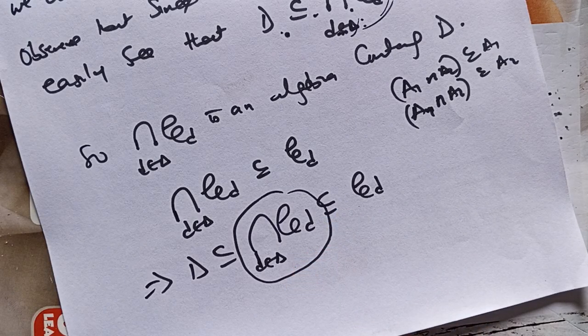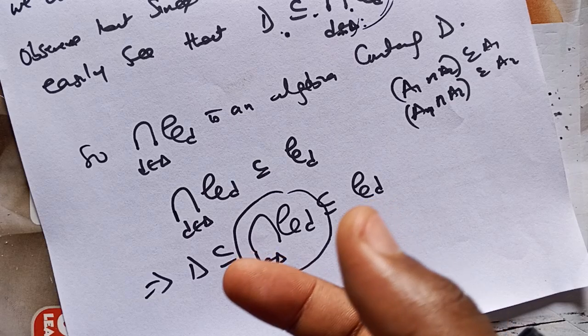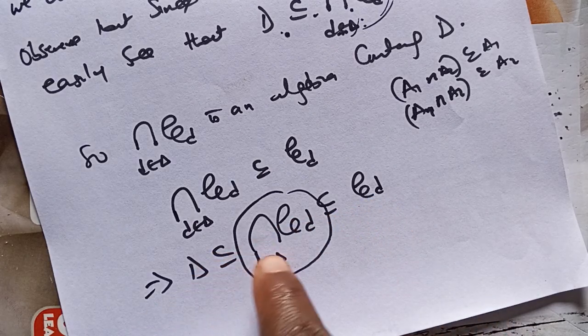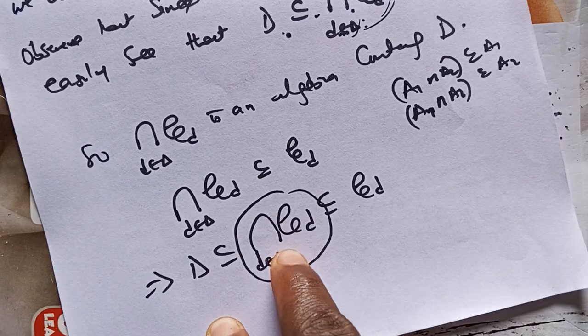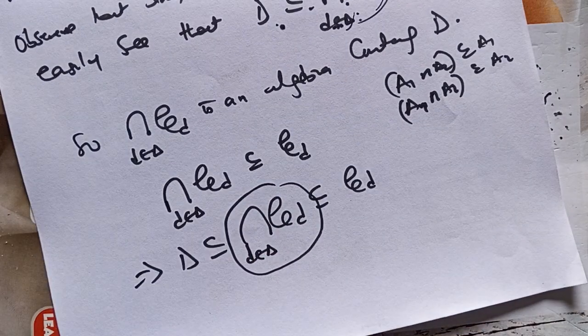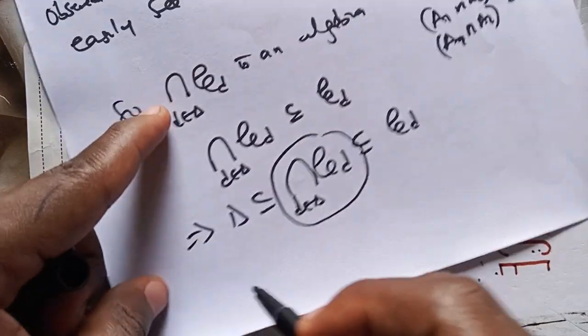Now next we need to show that it is unique. To show that something is unique, we have to assume that there exists another algebra containing D which is the smallest. And then we show that that algebra is equal to this intersection. Once we are able to achieve that, we have shown that this is unique. So now suppose